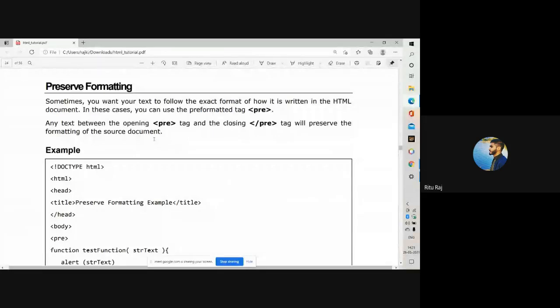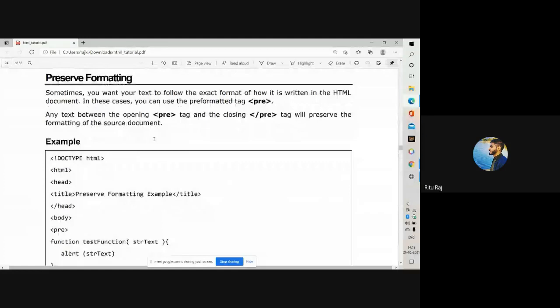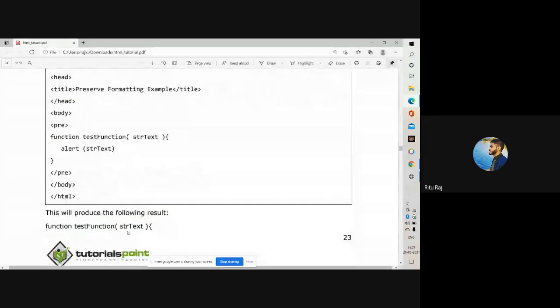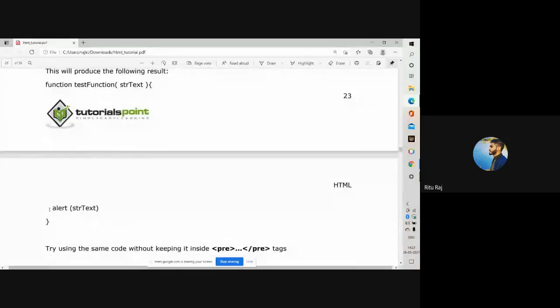You can see here the pre-formatting tag has been used, and this is the document, and exactly the same output has been generated here.